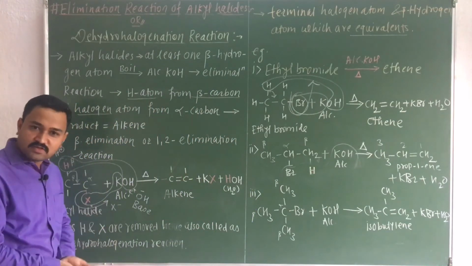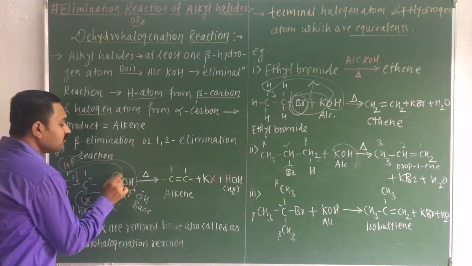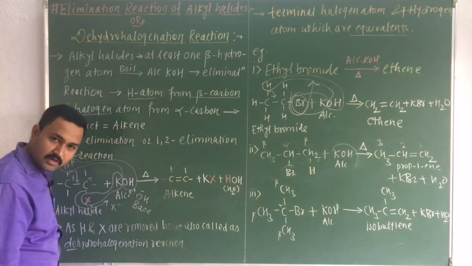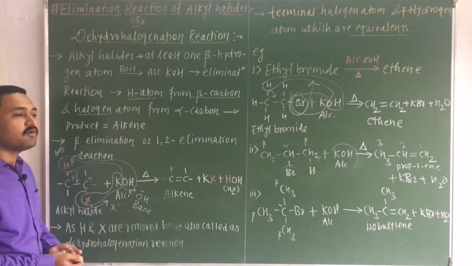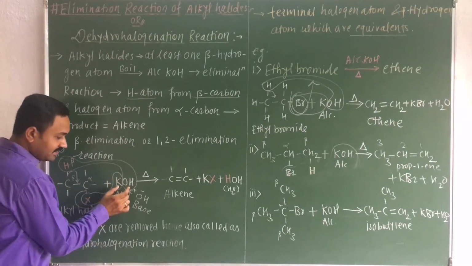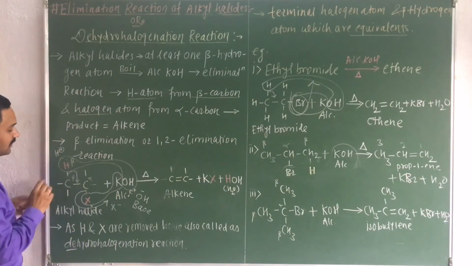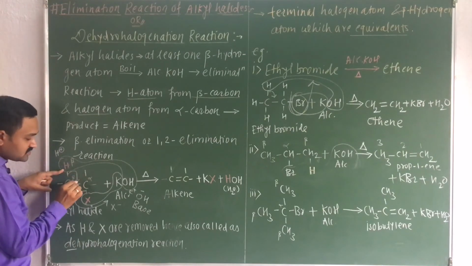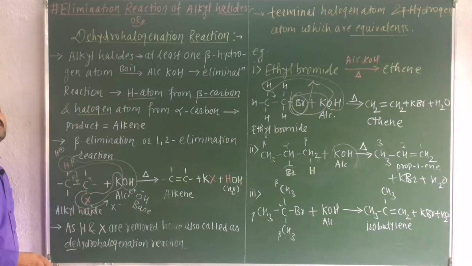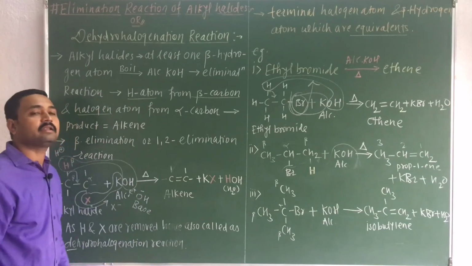Just we will revise this again. Remember, when your alkyl halide is boiled with alcoholic KOH, it gives alkene as a product. So how are those alkene products formed? Remember, your alcoholic KOH will act as a base here. It first of all abstracts this proton. Now if it abstracts the proton, this bond will shift here, and your X, that means your halogen, will act as a leaving group, and hence this will lead to the formation of alkene as a product.